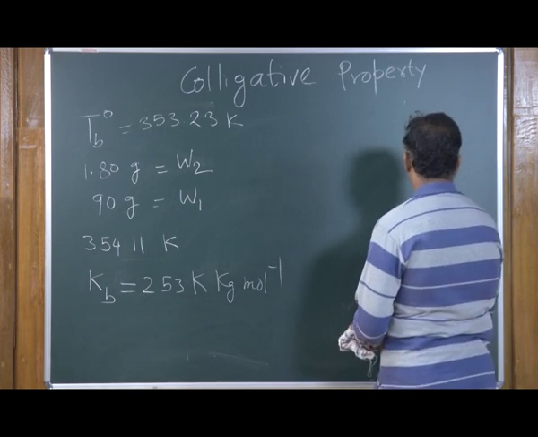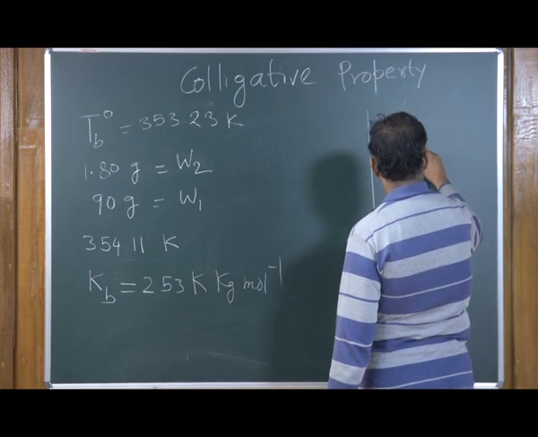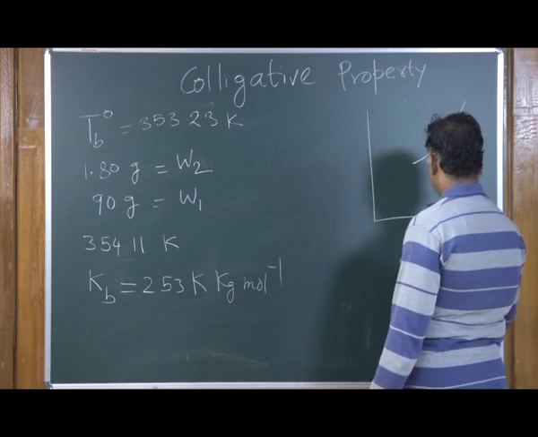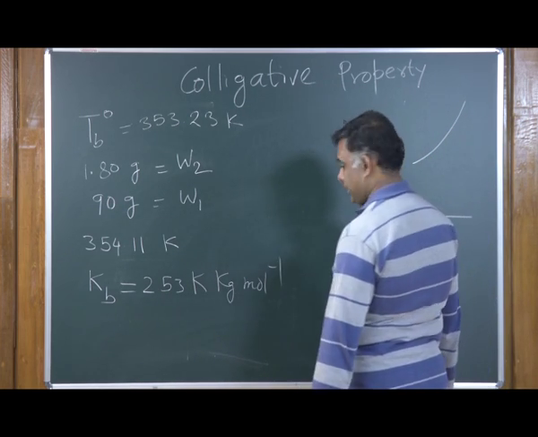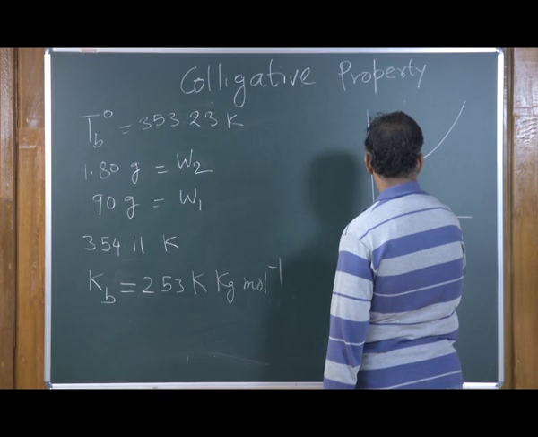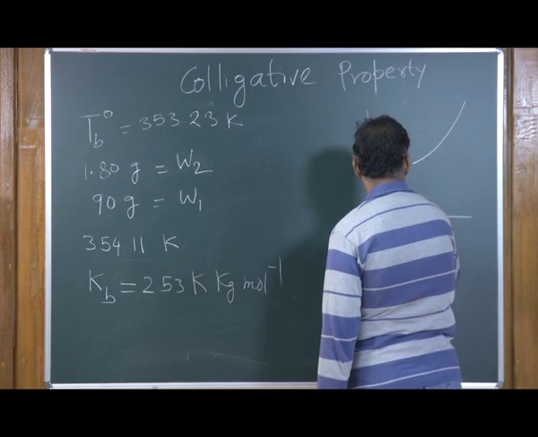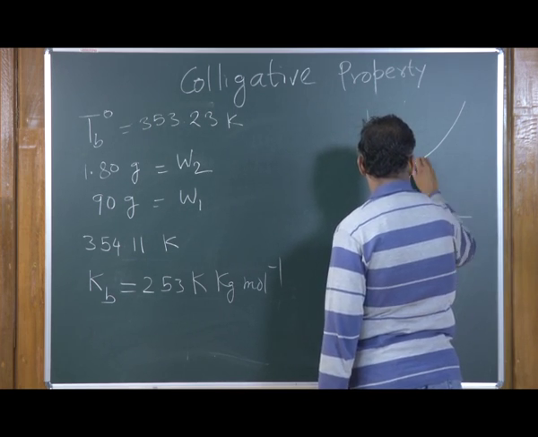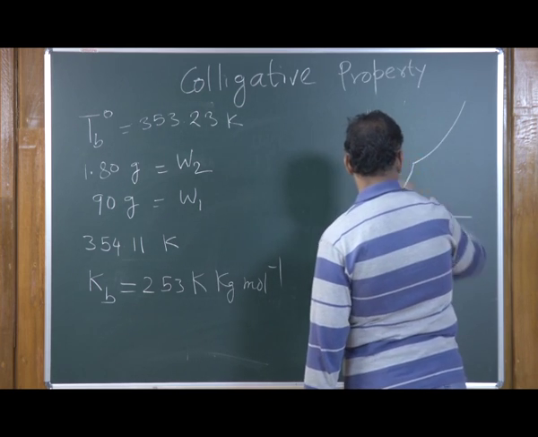So, this is the phase diagram between liquid and vapor. At some temperature the liquid is going to freeze, and below that we have a phase diagram for solid and gas,